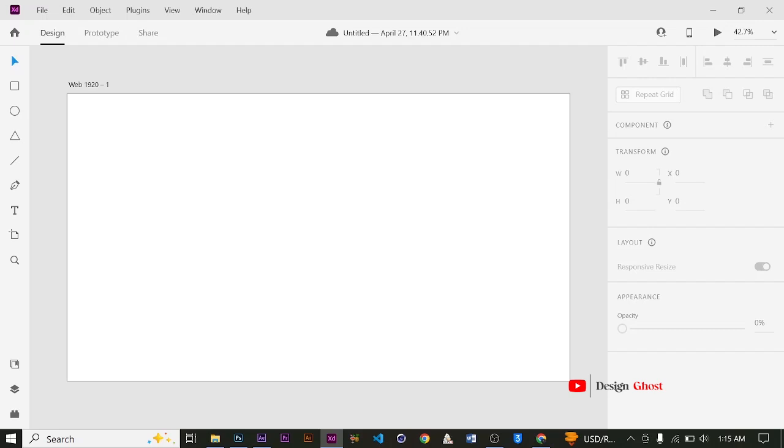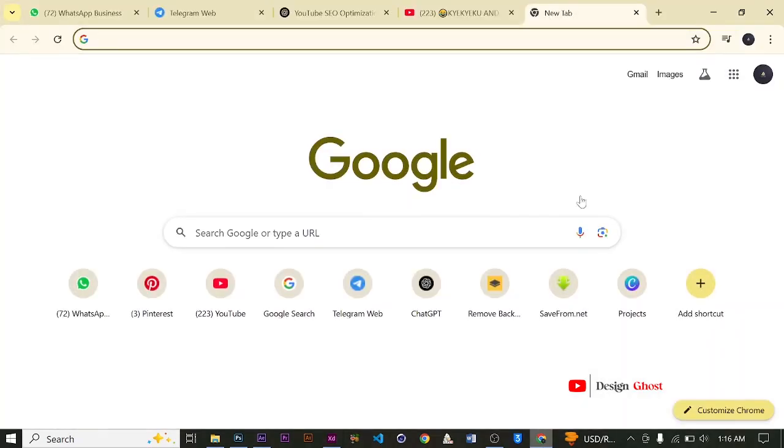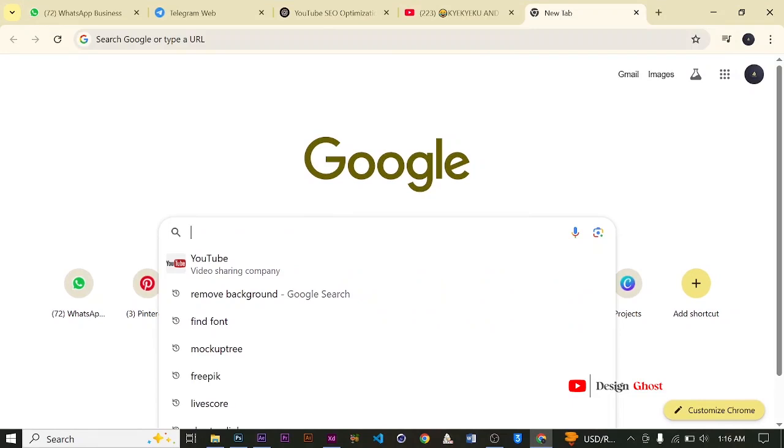Today, we begin a new journey and a new series in the UI space, starting with an overview of the UI software that we are going to use, and we are beginning with Adobe XD. First of all, I'm going to show you how to download the Adobe XD software for free. First, you hop onto any search engine and visit a site called